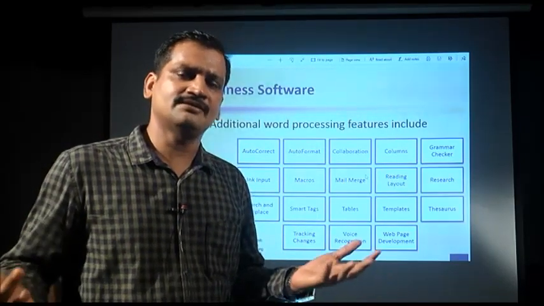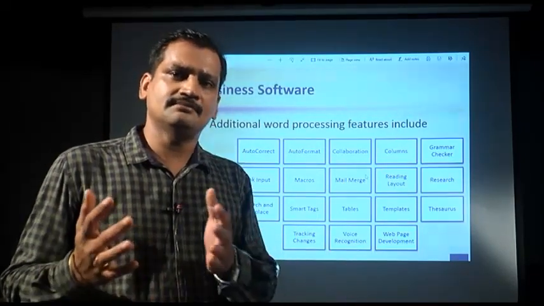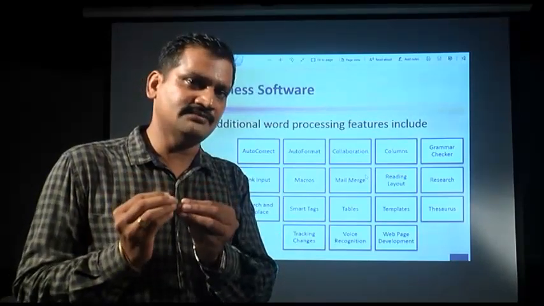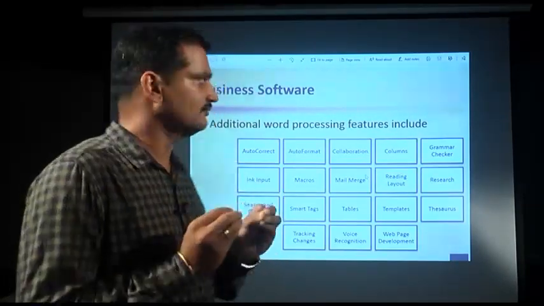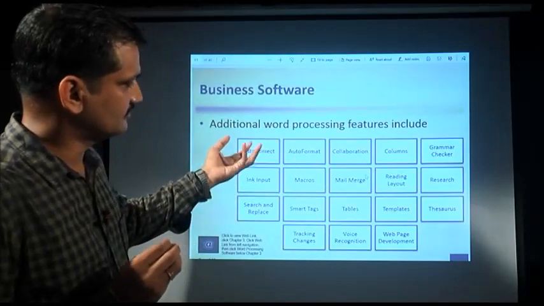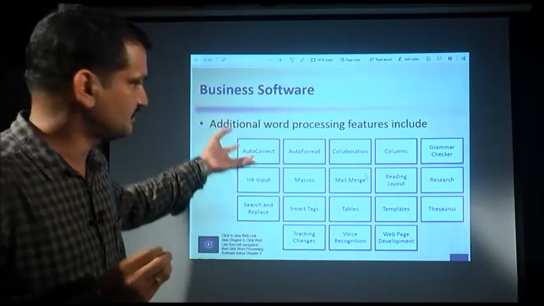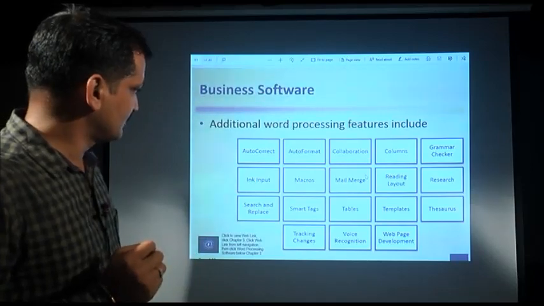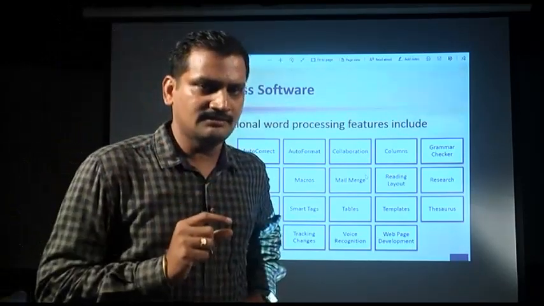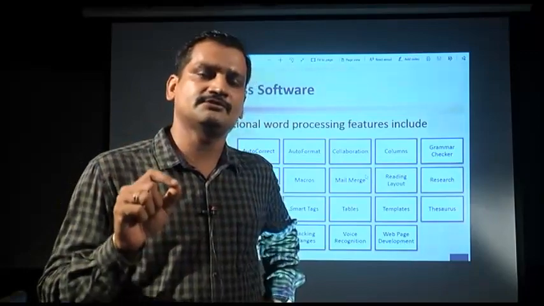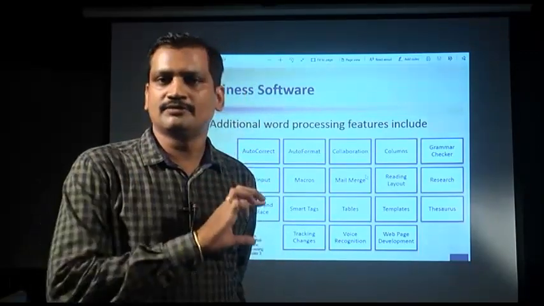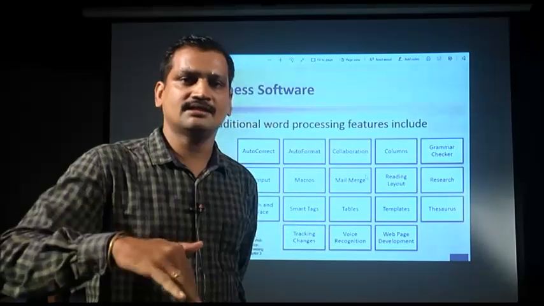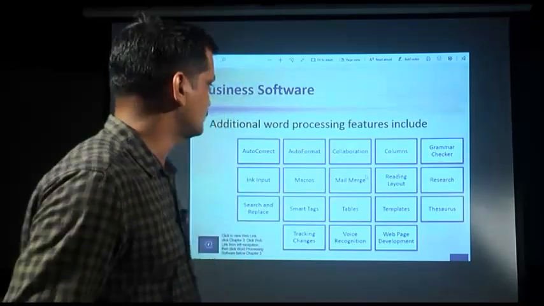We take the help of reference of them and we take some idea from them, and those papers you can open and you can edit, you can take some idea from that and you can make your own research paper here also. Search and replace, this option is used to find a word, a particular word. If you want to search a word in the document, then you can go for it, and if you want to replace it with another word, then you also can replace it. That is called search and replace.